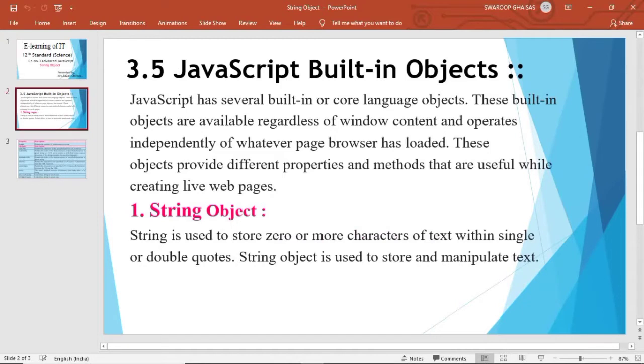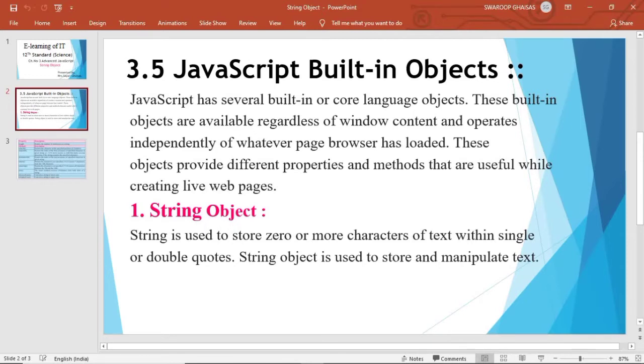What are the JavaScript built-in objects? JavaScript has several built-in or core language objects. Those are built-in, that is, it is not necessary to create those objects. These built-in objects are available regardless of the window content and operate independently of whatever page the browser has loaded.